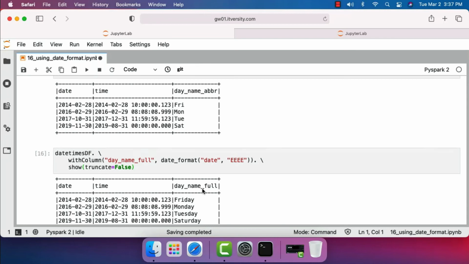In some cases, you might want to cast to its original format, typically either to integer or long. In those scenarios, you have to use cast on top of date format to convert the data type of the values that are written by date format. Make sure you are comfortable with date underscore format by practicing as much as you can. We use date format quite extensively as part of our projects wherever date manipulation is involved.